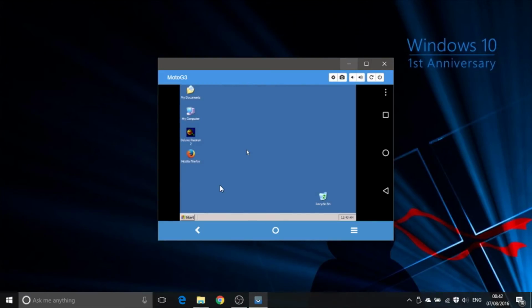So here we go, we're looking at the Windows XP desktop. If I try and click on the start button,